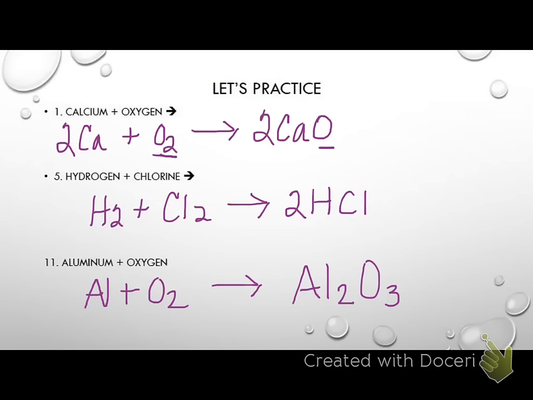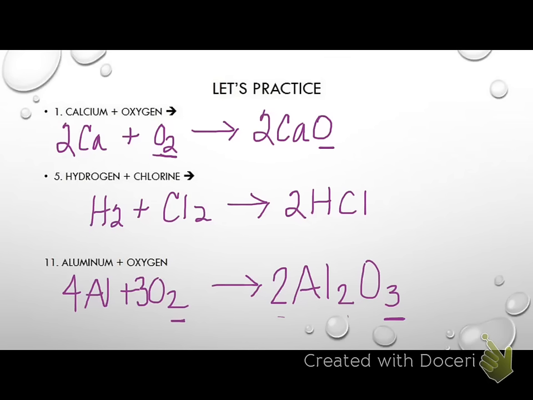I notice that I have 2 oxygen here, 3 oxygen there. The only way to get that balance is to make them both be 6. So in order to do that, I'm going to put a 3 in front of this first oxygen, and I'm going to put a 2 in front of the second oxygen. When I do that, that gives me 4 total aluminum, so I'm going to put a 4 here, and now it is balanced. Okay. When you're going to put the rest of those together for synthesis, please pay attention to